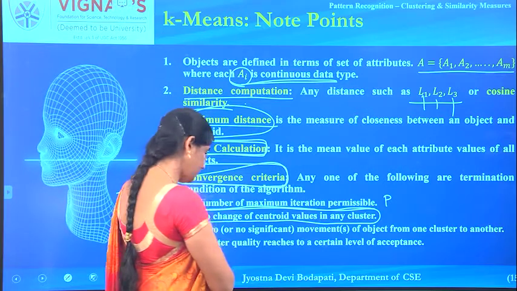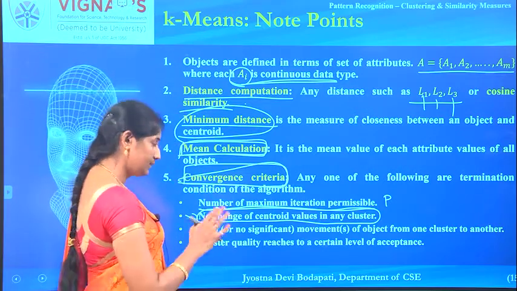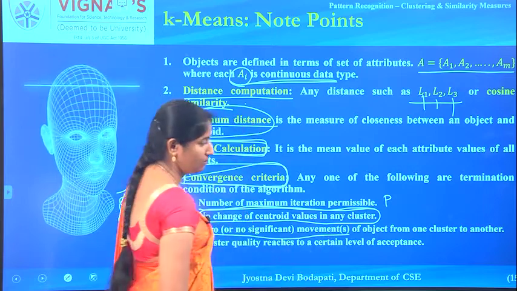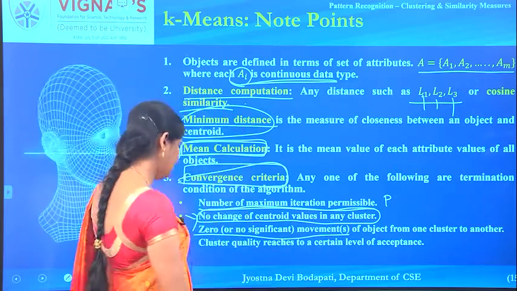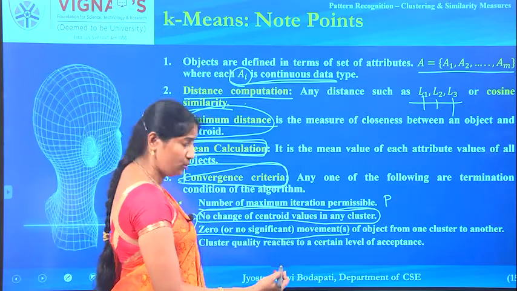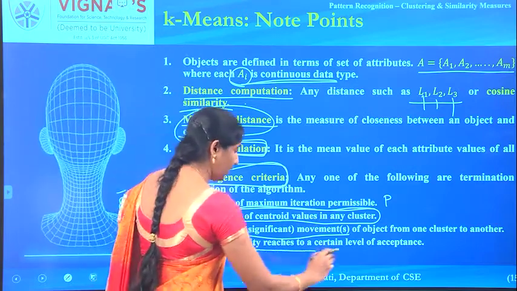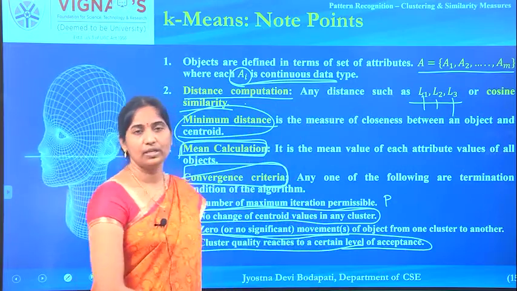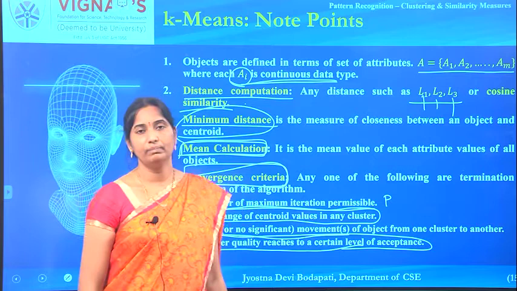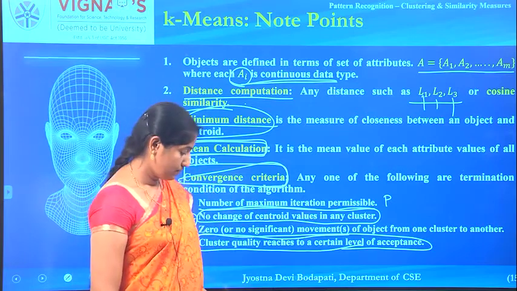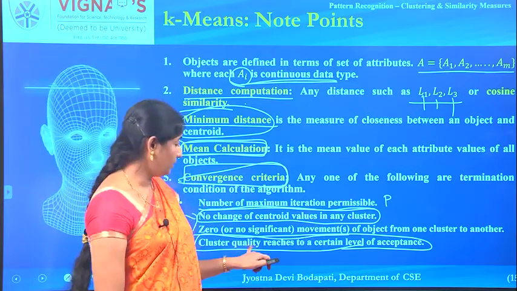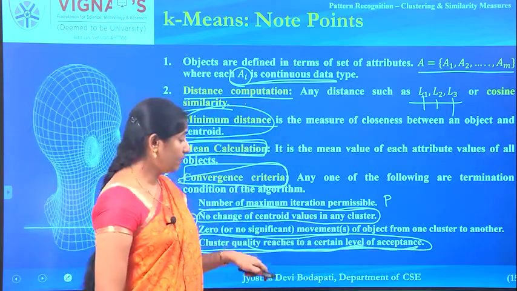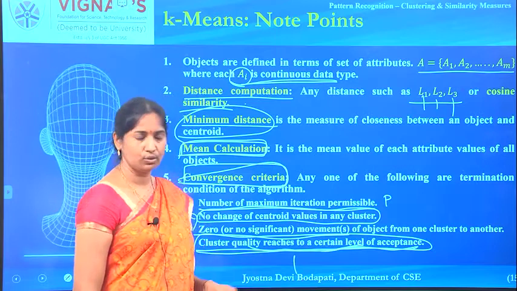So as long as that criteria is satisfied you can apply it, or otherwise you can stop when there is no change in your cluster assignment, or you can even choose to stop when the cluster quality reaches some acceptable level. For the clustering task also, we have some performance measures, maybe Gini index and so on. You can use one of the measures to find the quality of the cluster, and if you are happy with the quality, you can stop, otherwise you can proceed.